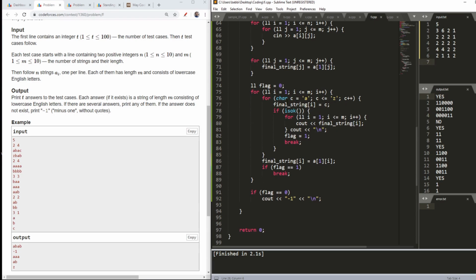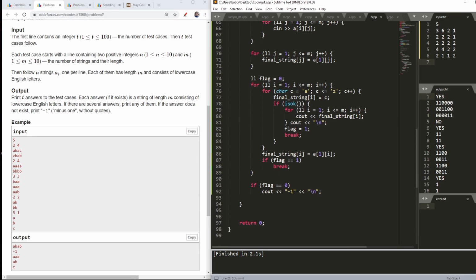And if it is okay, then I will store the string which I modified as my final string and mark my flag as 1. And if my flag is 1, then no need to do anything, just break out.